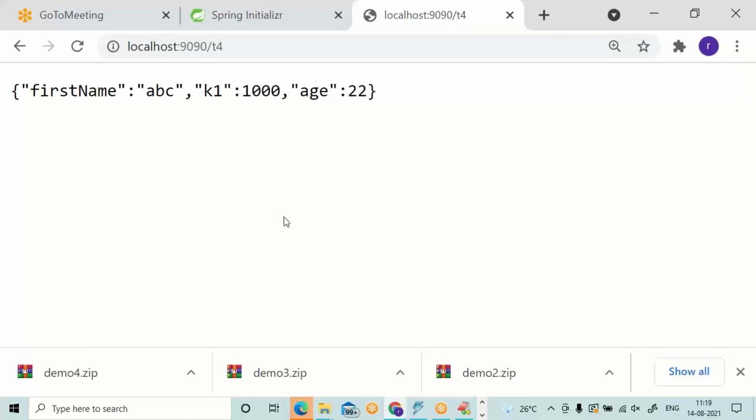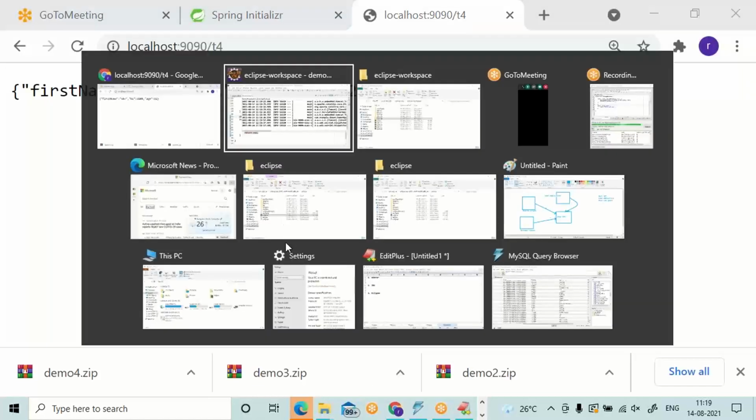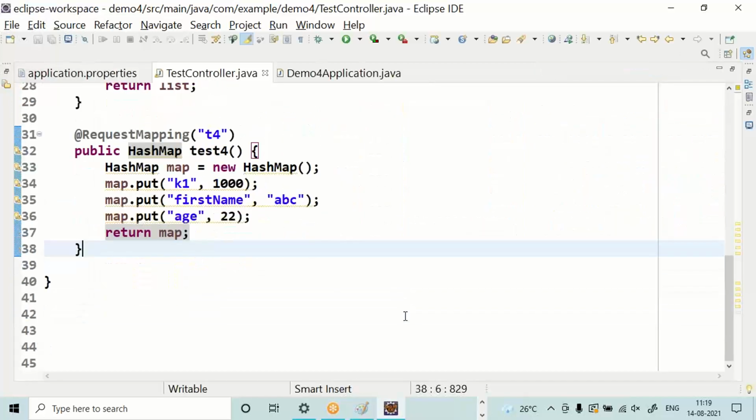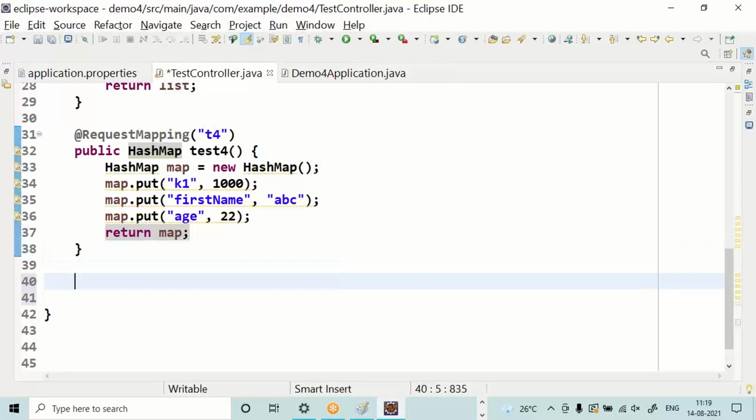Come to the next one. Guys, everybody, again stop the application. Public hash set. Another collection object.